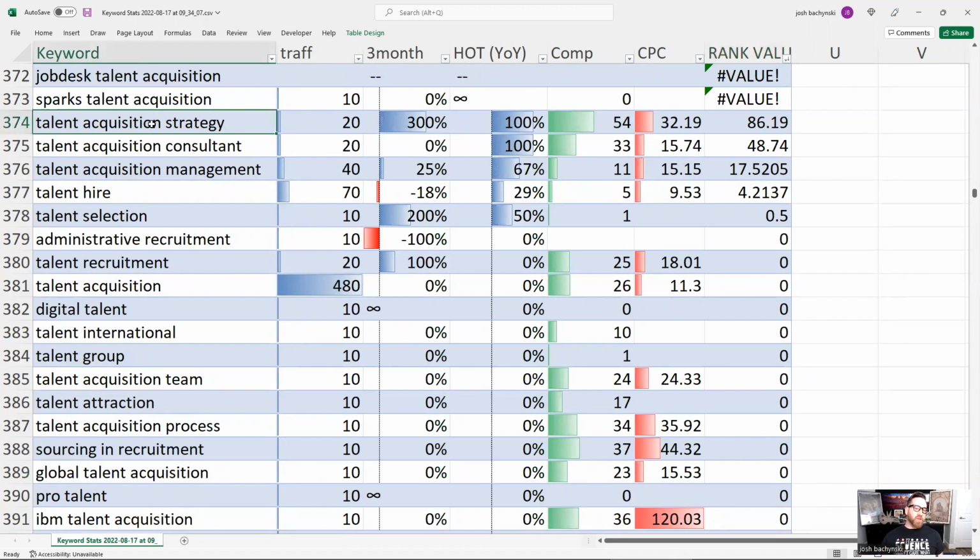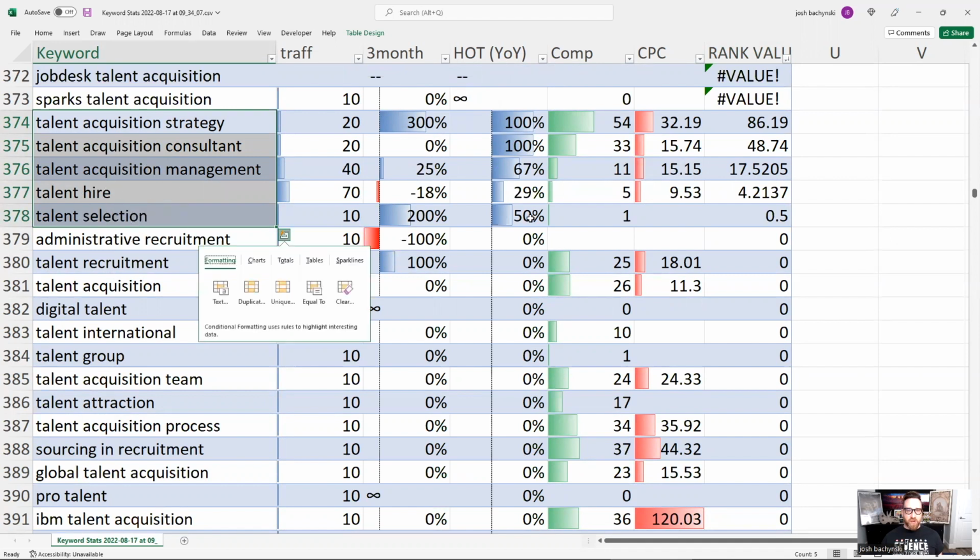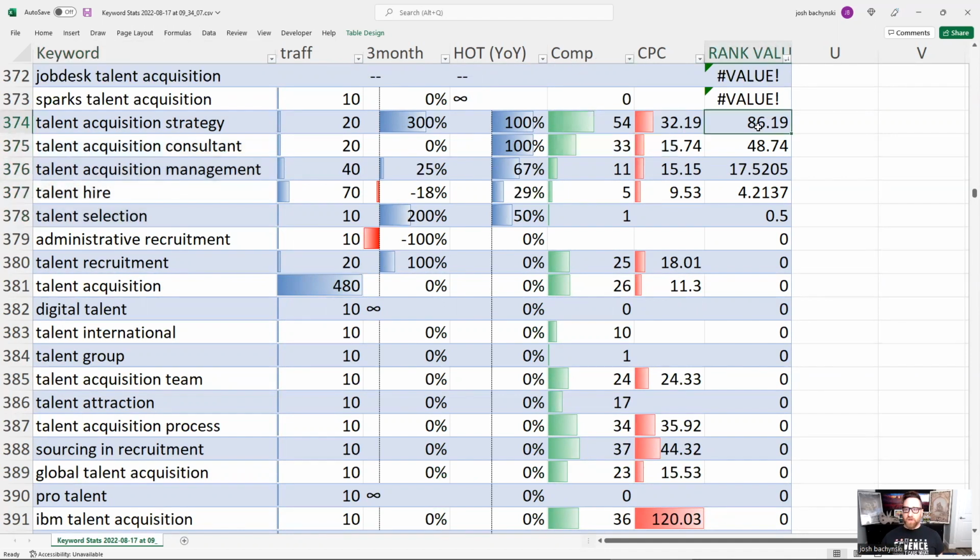So this is what I saw on the original page. You didn't have to download this. There could have been more information that I was missing. But look, these keywords here, if you tell the client, if we try to rank you for these keywords, look how hot these are year over year. These are up quite a bit. People are bidding quite a lot of money to be there. These have quite a rank value for you, right? This formula is this number plus this number times this number.